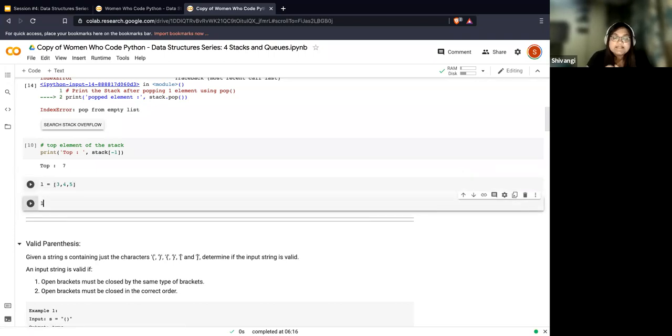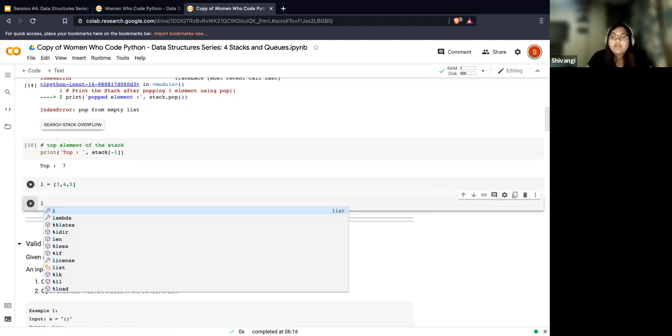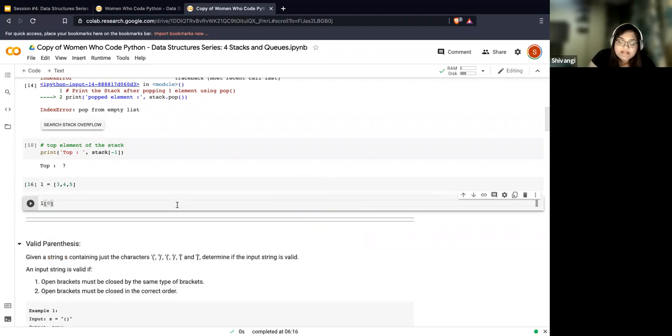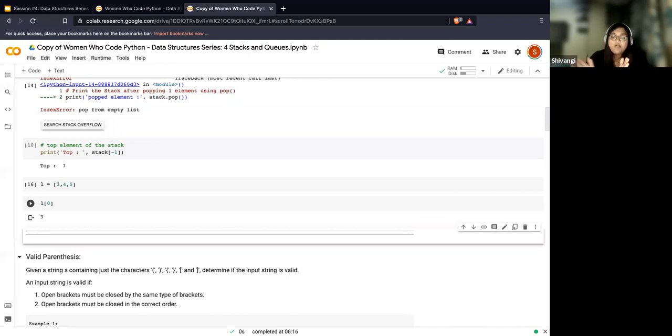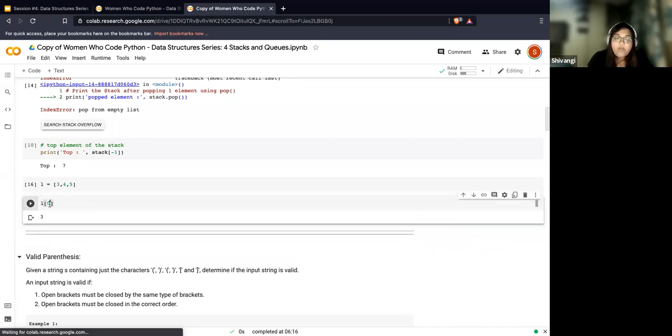now if I had to access 3, how do you think I would access it? You know what an index is, right? So how do you think I can access 3? Can you type in chat? Anyone? 0, right? And if I had to access 4, I'll just move one step to the right. So that means the 0th index plus 1, and that's going to be 1.